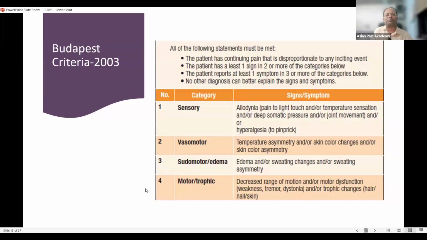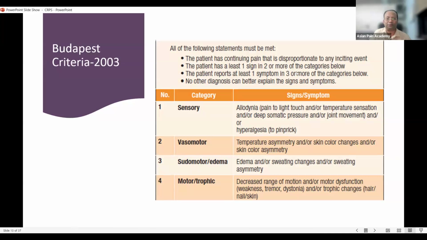Otherwise, even the hair of the extremity can be different, it can be less. These changes come gradually, mainly due to disuse of that limb, which causes atrophy of the muscles. Anyway, if you find at least one sign in 2 or more of the categories,